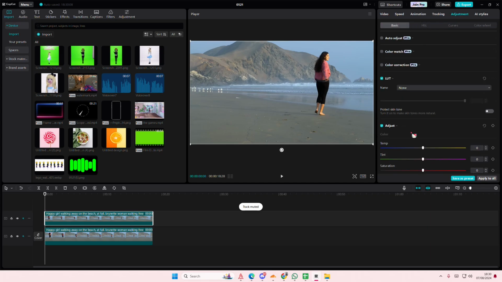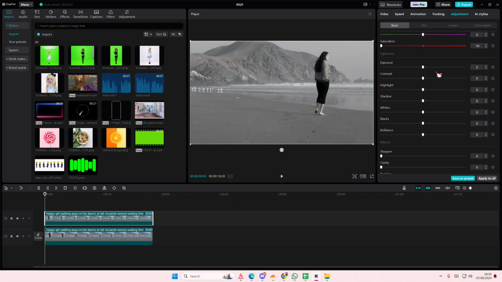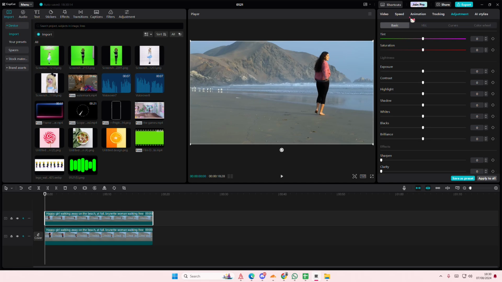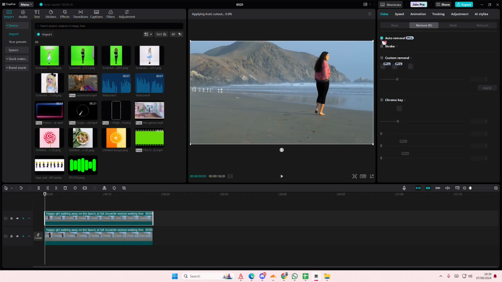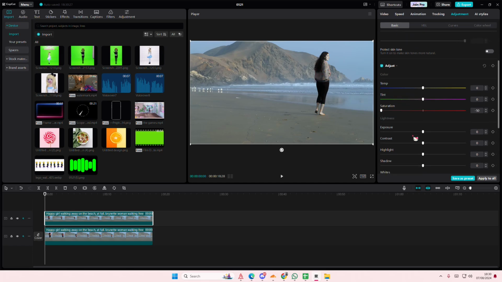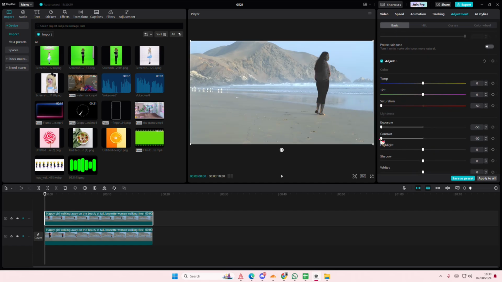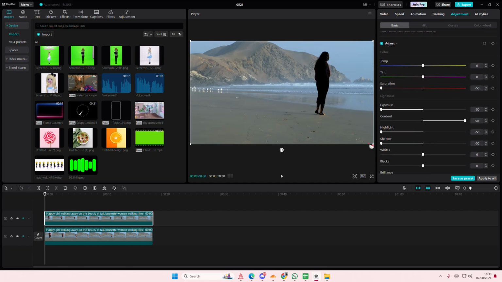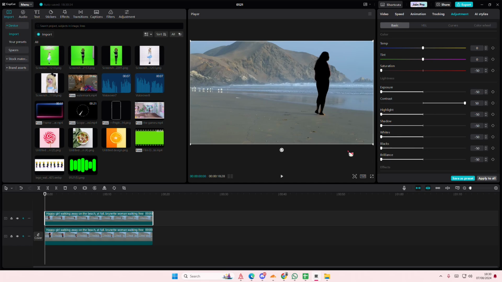Then go to adjustments and you're going to turn down the saturation, turn up expo. Didn't I just remove background? Sorry, I don't think I did just okay. Go to adjustments, turn down saturation, turn down exposure, turn up contrast, turn down the rest until you're left